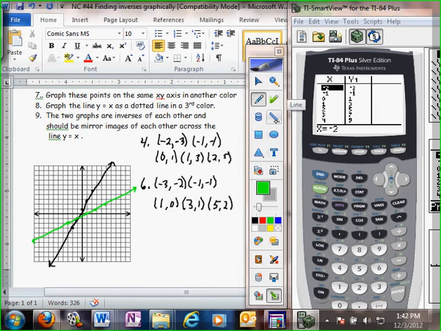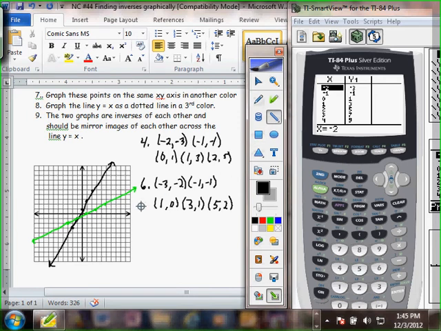Now the next thing we want to do, if you don't have more than one color and you used a pencil and a pen for your two colors, we want to actually have the line y equals x here. We want to graph that. And if you don't have more than those colors, you can graph the line y equals x as a dotted or dashed line. And so the line y equals x